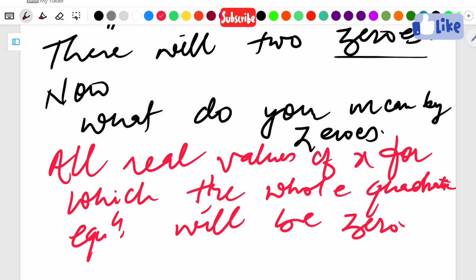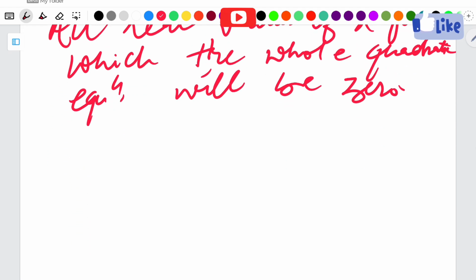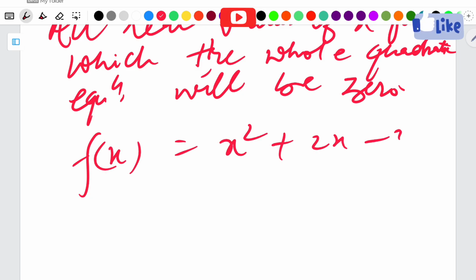For example, suppose f(x) = x² + 2x - 3. This is a quadratic equation. Now suppose you need to find the zeros of this quadratic equation. So you need the real values of x for which this whole quadratic equation will become 0. Now see, by trial method,